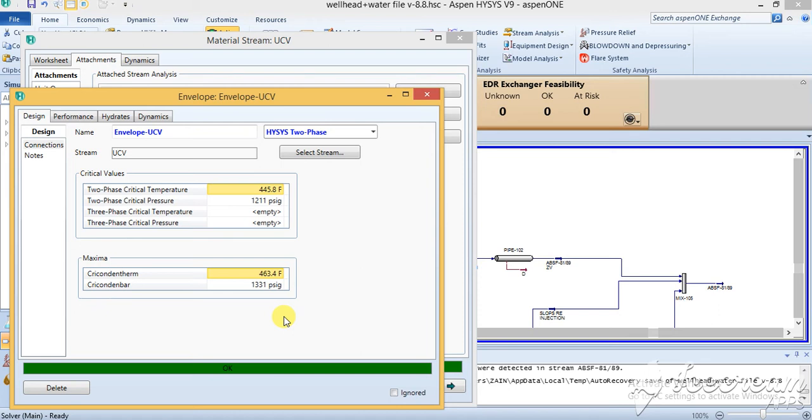As I was telling you, we can go into the phase envelope. In the phase envelope, you can see all the critical values. It tells you that the two-phase critical temperature is this much and the two-phase critical pressure is this much. If you want to see the performance of that particular graph, it will give you the maxima and the minima